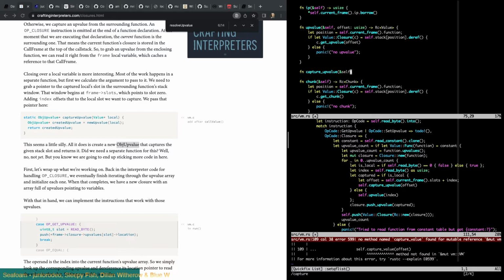Okay, that's fine. And it should return RC value. Okay, so this actually does the creation of the UpValue. So all we're actually doing is passing back